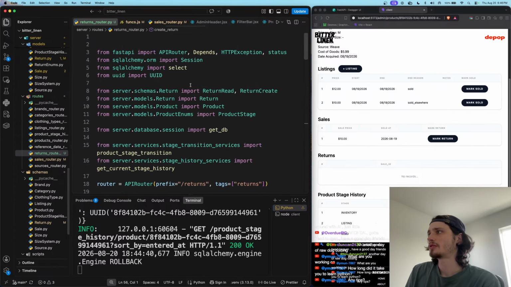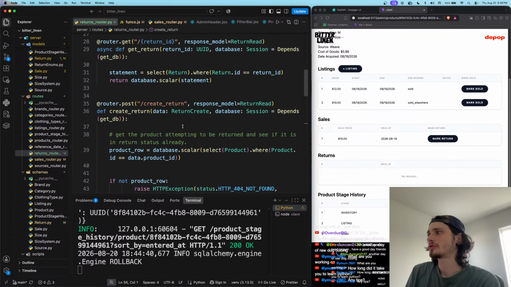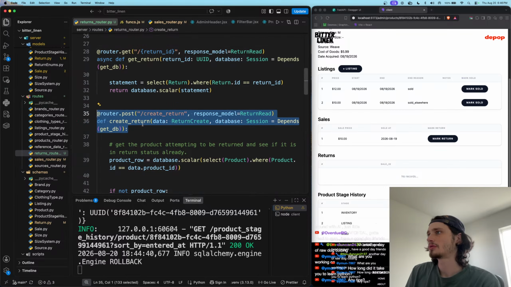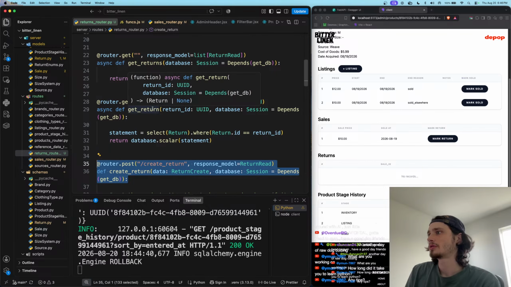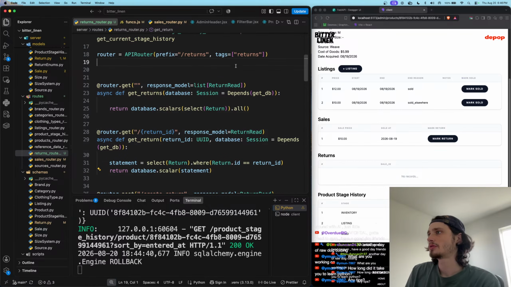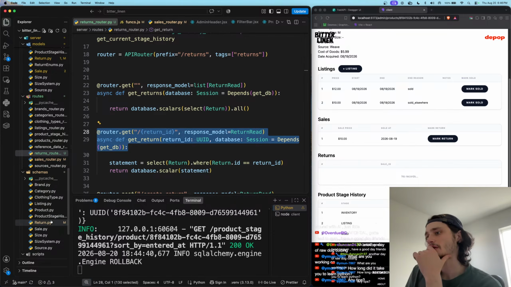So returns router is returns /create return. Returns get return ID. So product though,